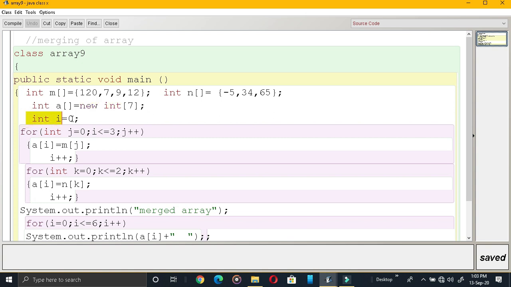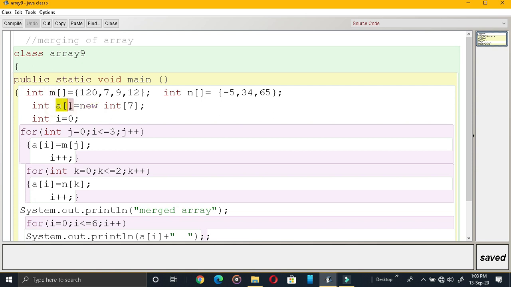Okay. So we are going to merge the array. So I have declared a variable as I is equal to 0. First, I am running considering this array only. I am not considering this. I am considering this array only. Let us pick up all these elements and keep in this array.